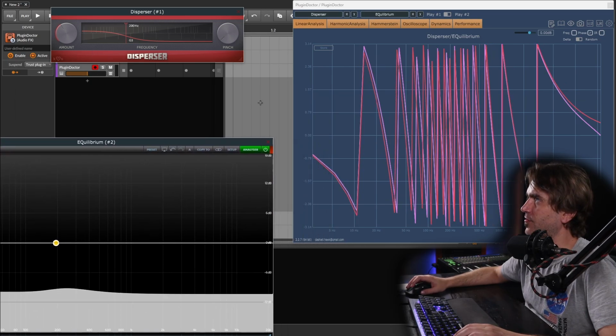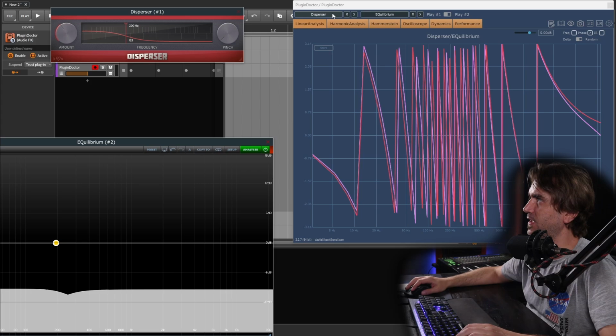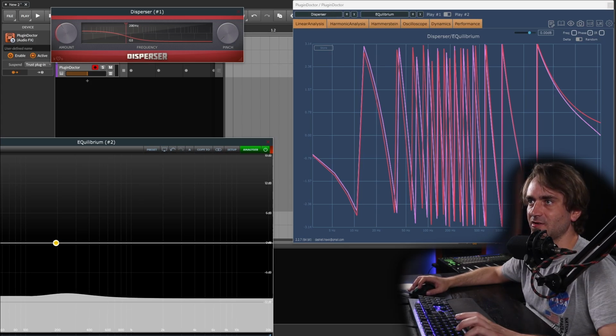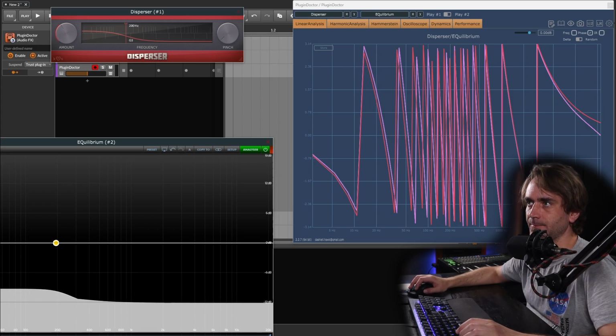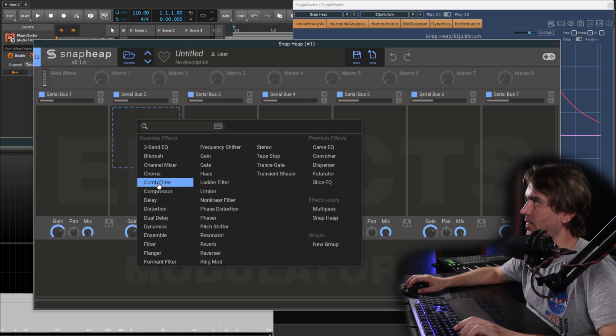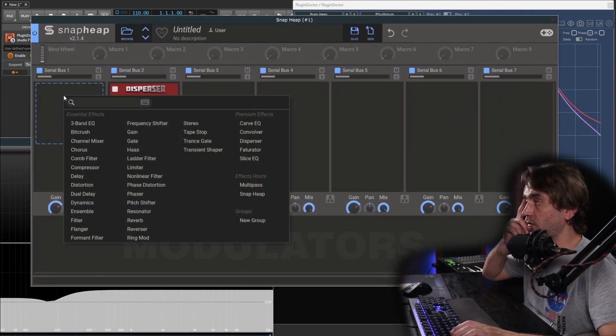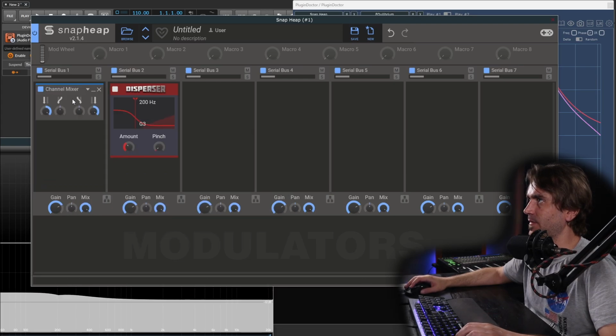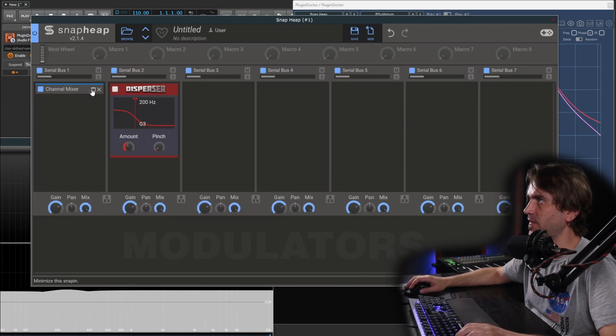What I want to do is show you now, if we load here Snap Heap, which is essentially like the Kilohertz container plugin. And then inside Snap Heap, I'm going to load Disperser. And then here, what we can do is use the channel mixer. Which one is it? Channel mixer. And this has a preset